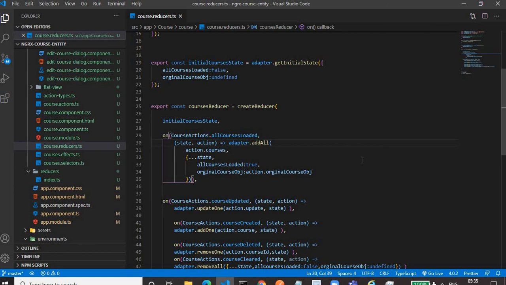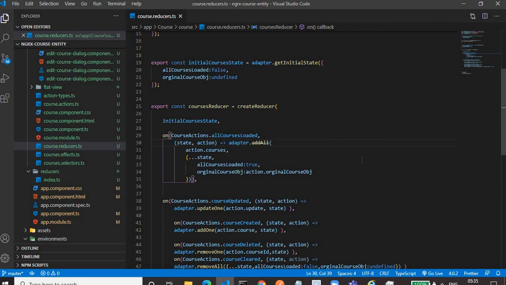So we have to write a lot of code, and we'll see a better approach for this. The better approach is using NGRX data, where we don't have to create any action, reducer, or selector. Out of these four things, we don't need to create any of them.